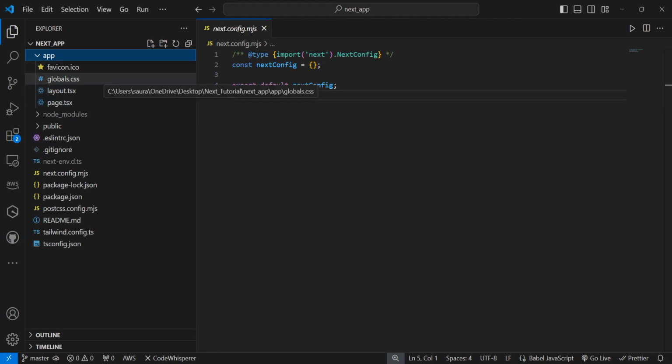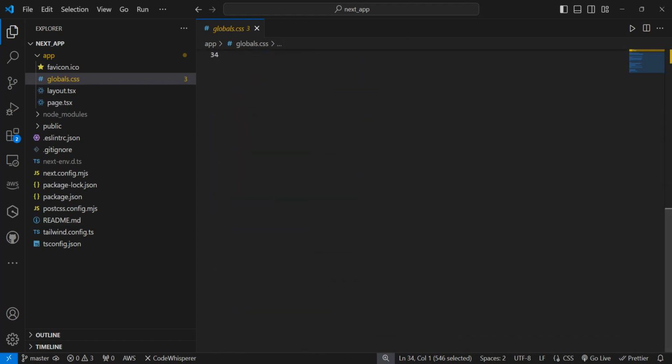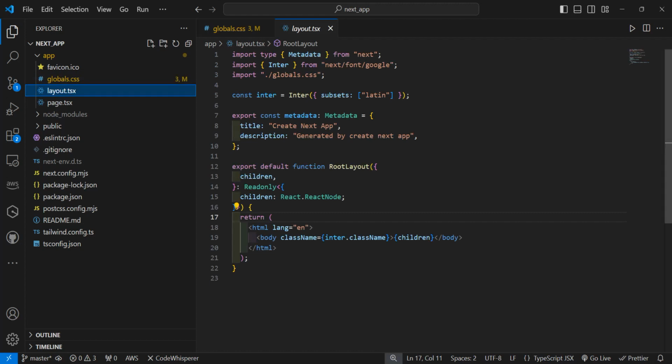Okay, first open the global.css, and this file allows you to define CSS styling. You can specify your CSS styling, and that style will be applied to each page of your website. First I want you to remove everything from root like this. Whenever we need to define a CSS style, we will define it here and use that style in our website. Now next we have layout.tsx, and this is a very important file, and this file